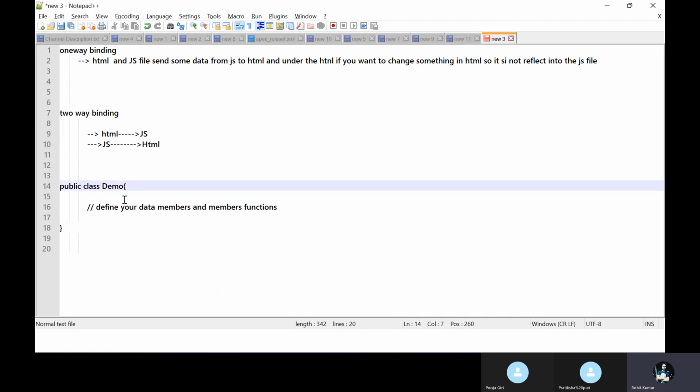Based on your requirement, you can change the access modifier, like public, private, global, and virtual keyword, based on your business requirement. So this is the syntax of the class.